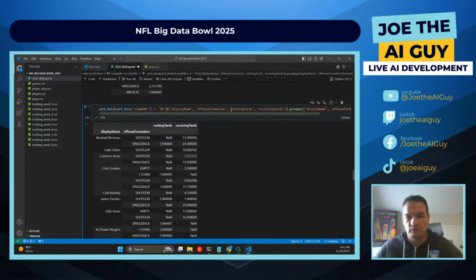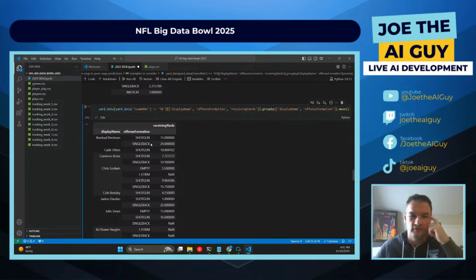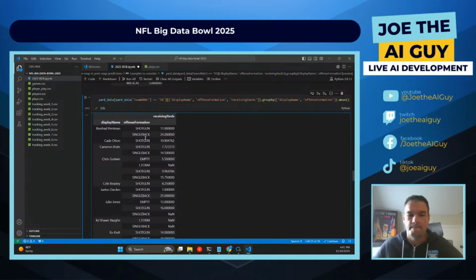This may be even more effective if we take this out. Let's just say receivers. So what do we see here? Rashad Perryman, I know he's a running back, but in the shotgun formation, they'll get you about an average receiving outcome, but then a way above average